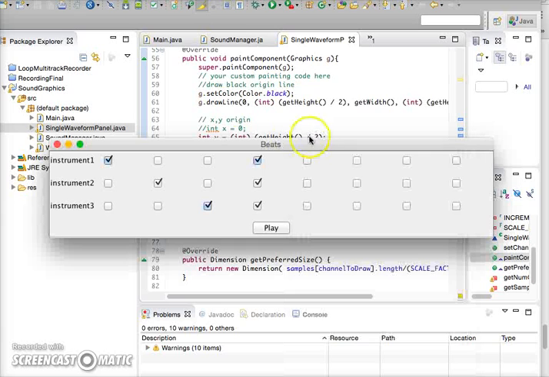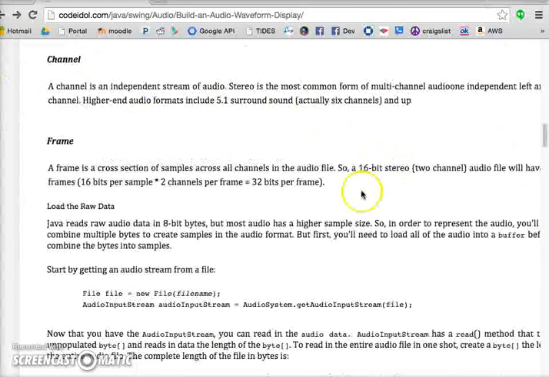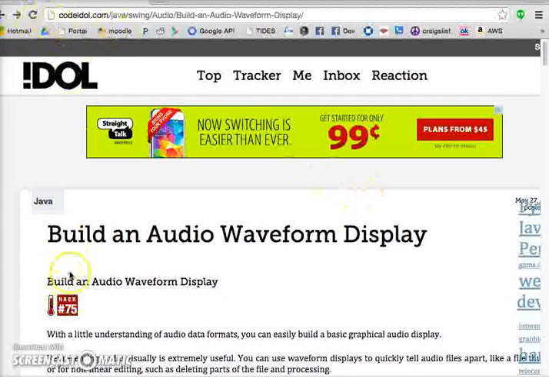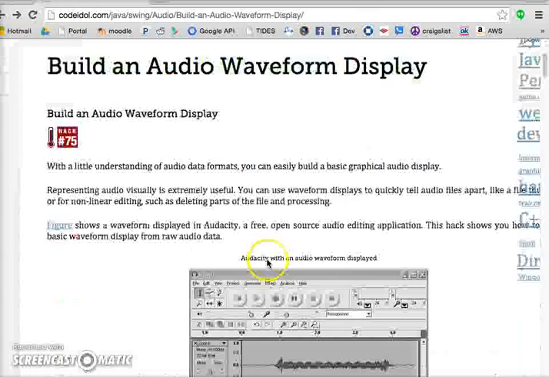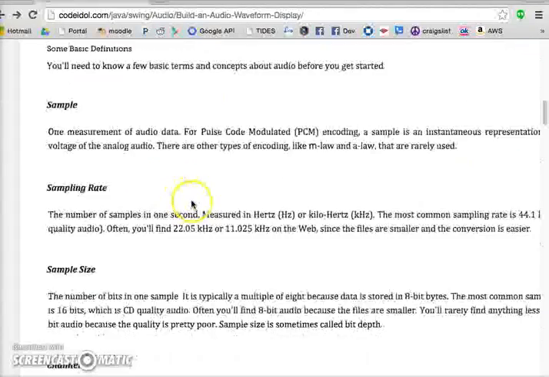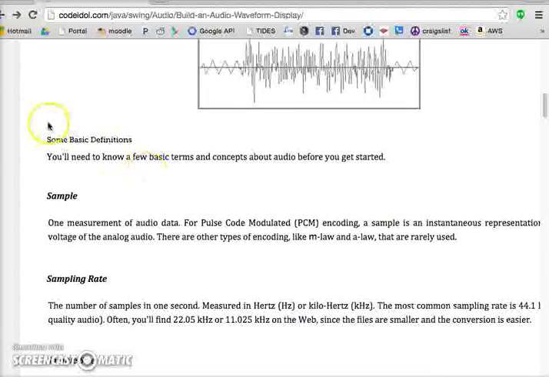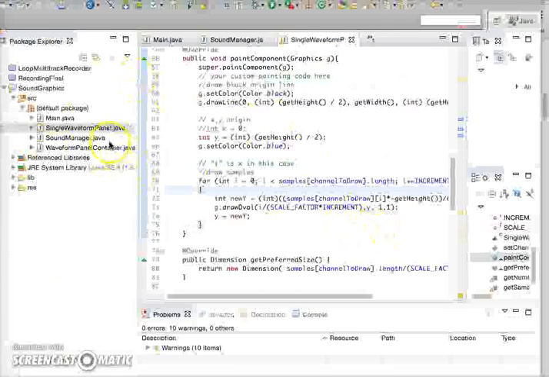For a lot of this, I went through a tutorial that I found on how to build an audio waveform display in Java. If you go to this website, you could go into more detail. It's a great tutorial. Anyways, going back to the project,